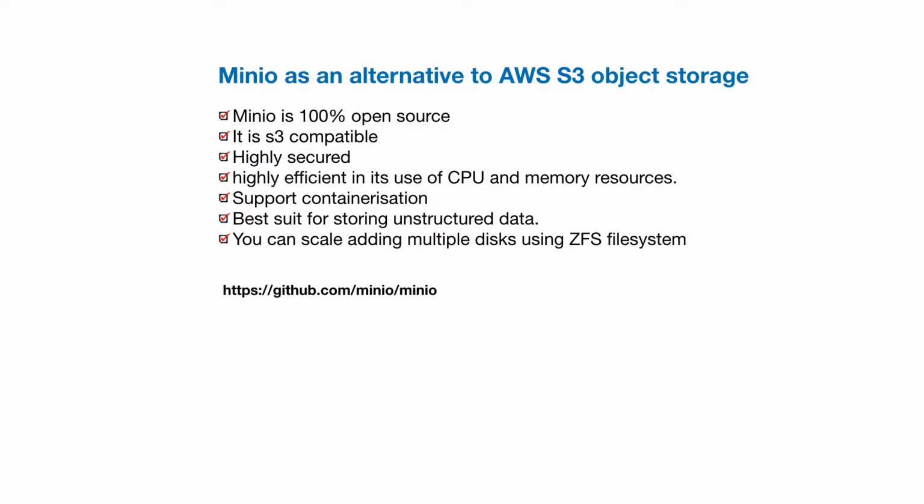So it's very easy to install and use in Kubernetes-like services, and it's best suited for storing unstructured data like photos, text, and your own cloud backups. Those things you can store here, and you can scale by adding multiple disks using the ZFS file system or something else. I'm using ZFS because you can pool a number of disks into a ZFS cluster, so you can easily scale